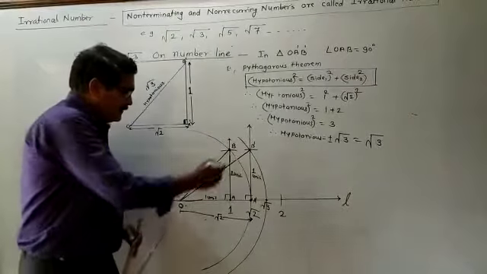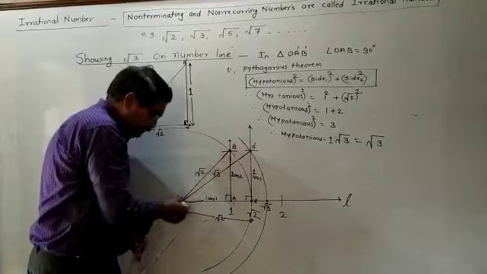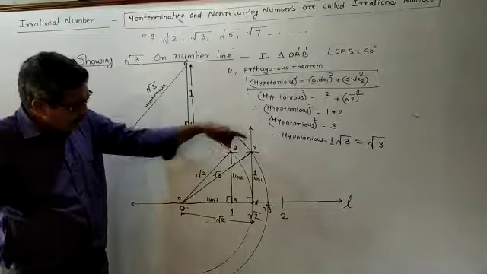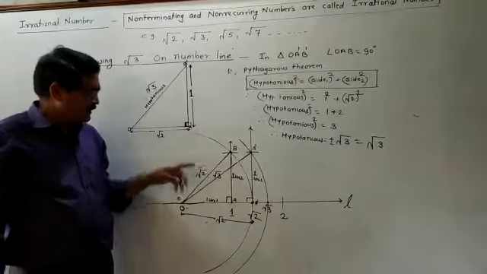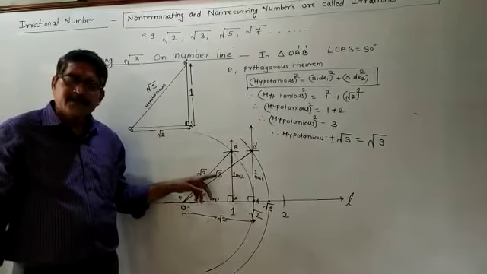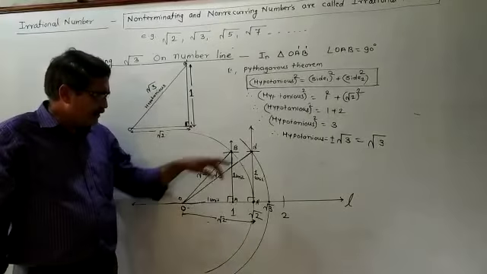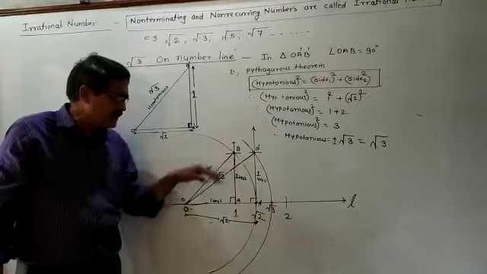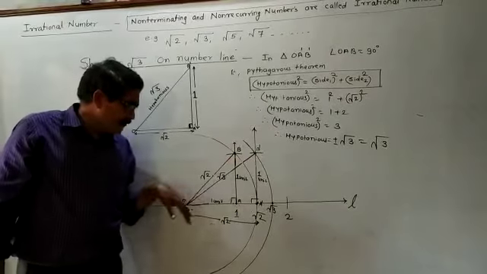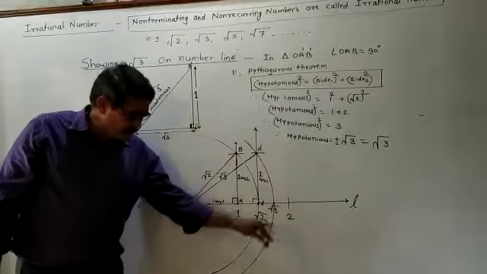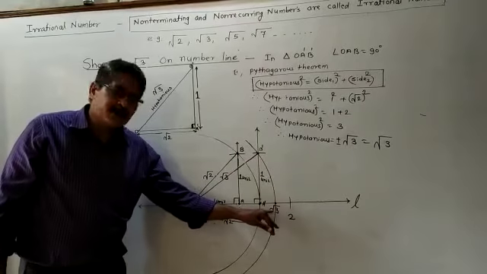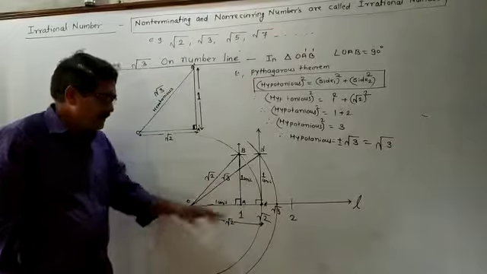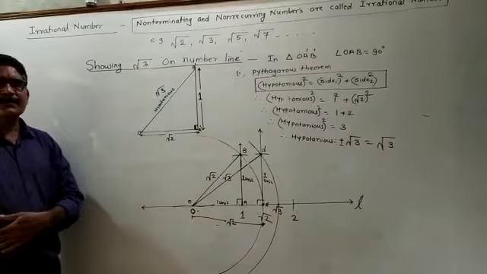And after that this hypotenuse you have to draw. Once you draw the hypotenuse, OB dash is the hypotenuse of this triangle, and that one is the square root of 3 unit. And from this OB dash you have to draw the arc like this, or you have to draw the circle. You have to take O as the center, and you have to take the OB dash as the radius, and you have to draw the circle, and whatever be the point of intersection of the circle on the number line, that one is the square root of 3. And in this way you have to draw the square root of 3 on the number line.